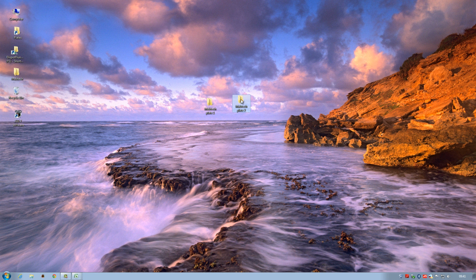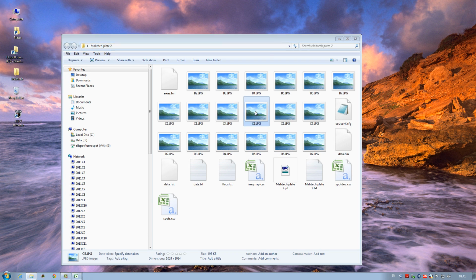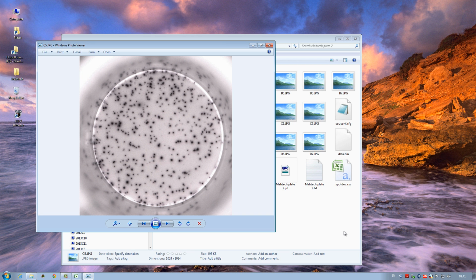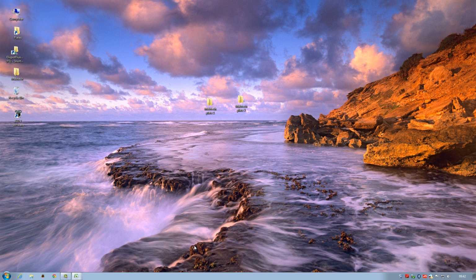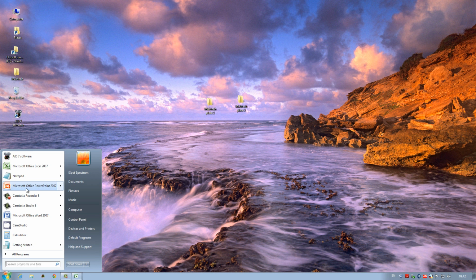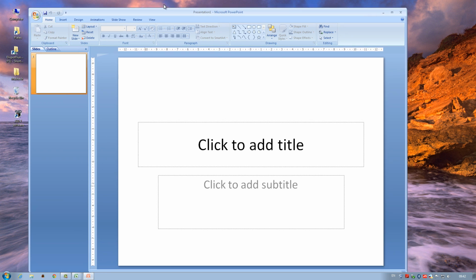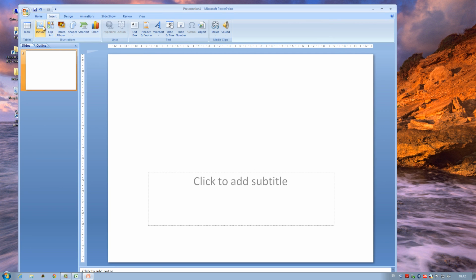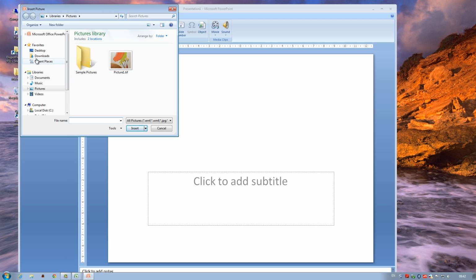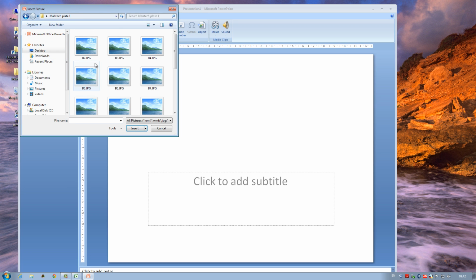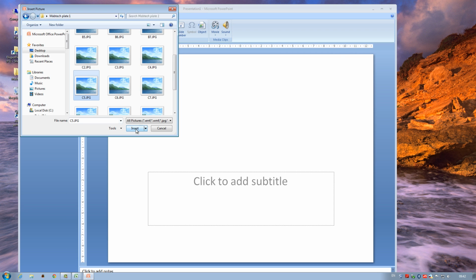Important to point out is that the full resolution of each image is preserved here. That is, this is the image material one should copy and use when creating, for example, a PowerPoint presentation or a figure for a publication. Let me show you how to do it. Open up Microsoft PowerPoint, go to Insert Picture, find the desktop, Mubtech Plate 1, and let's select the C5 well.